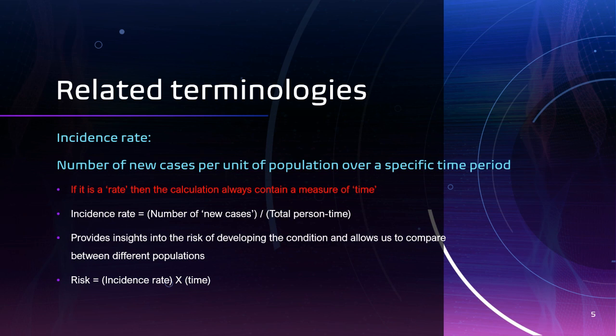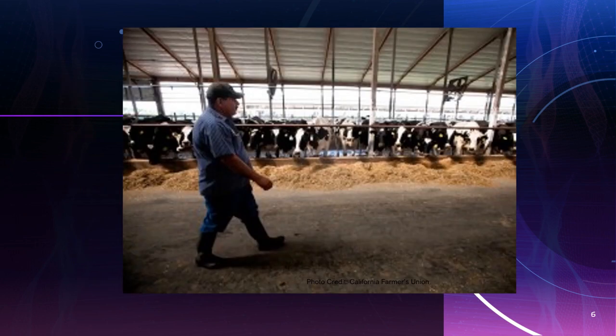This is expressed as person time. The time units can be expressed in days, months, or years. Usually that depends on the length of the study. The most common one is person years. For example, let's assume in January 2023, the cows on a farm in Verona, California, had an outbreak of brucellosis,